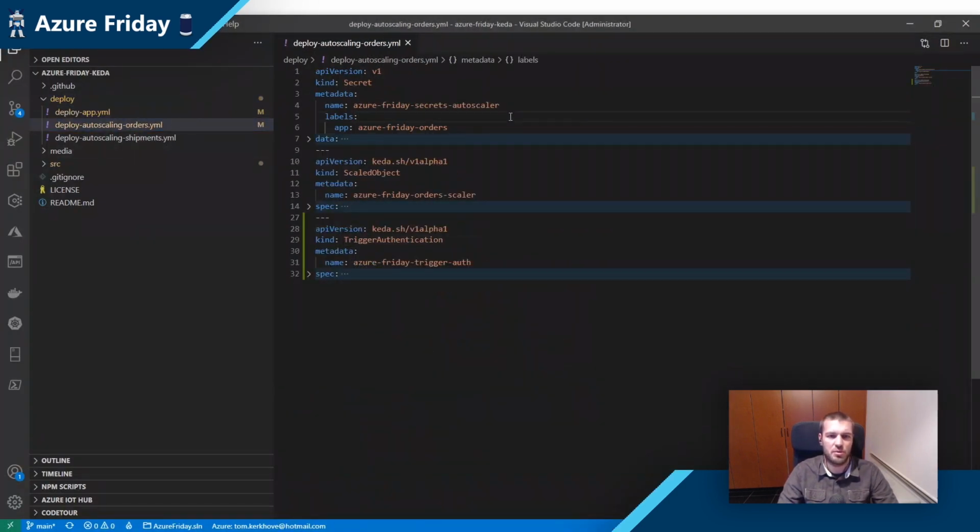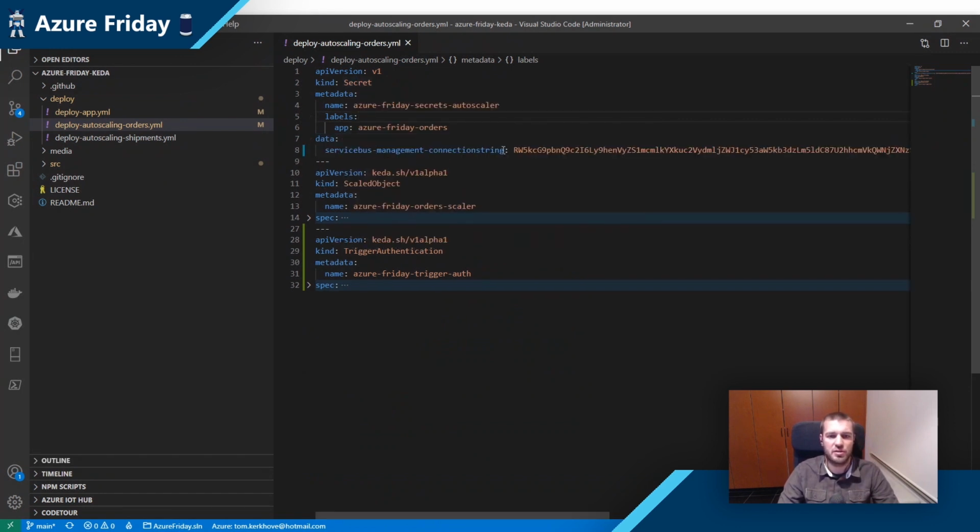Here I have a separate deployment file for Kubernetes, where we have a secret, which is a different connection string with management permissions. Why is this important? KEDA requires management permissions because the Service Bus SDK requires that. If you want to have the metrics, you need management permissions. So that's also one of the beauties. You can fully assign different credentials to KEDA than your deployment to use that least privilege principle.